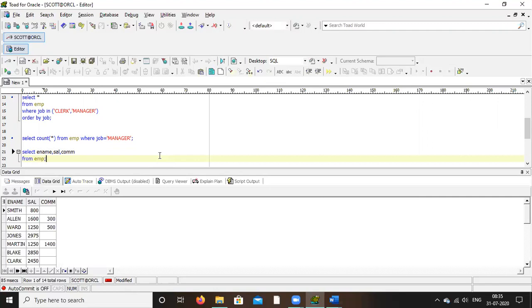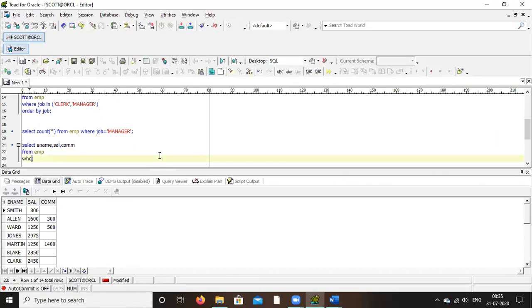Okay. Now I am telling where commission is not null. So you have to filter the null values.